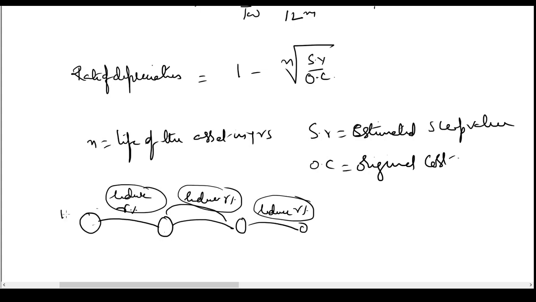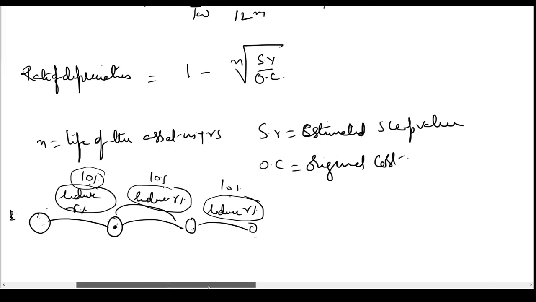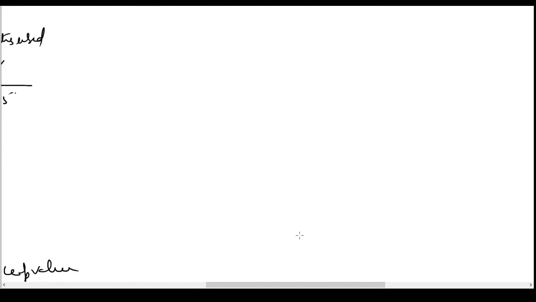Now let us suppose this was 100. If the percentage is 10%, what do we mean by 10%? Here 10% means whatever was the opening value during the year, it is going to reduce by 10%. So whatever is the value here, this is going to reduce by 10%, and whatever the value here, it is going to reduce by 10% to arrive at the value here. So instead of growing at a particular rate every year, it is going to reduce at the same rate every year. Now how this formula comes, we'll learn using a very simple statement. A little bit of mathematics is involved.